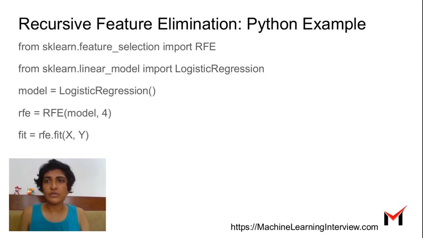So you can look at a scikit-learn example here. You can actually readily go and use it in your Python code, the RFE technique. So you can do from sklearn.feature_selection import RFE, and then you need to specify what kind of model to use. Let's say we use logistic regression. So you have model equals LogisticRegression, and then you specify RFE with the model and the number of features that you finally care about.